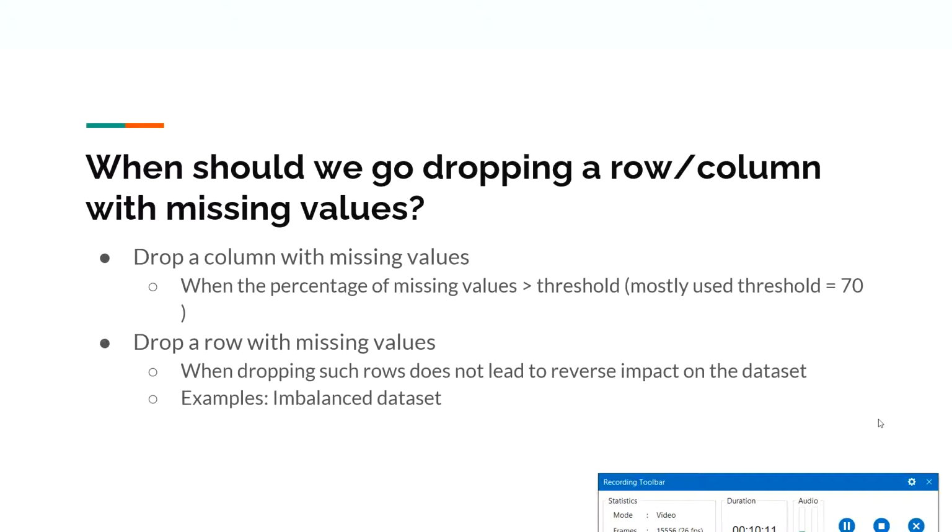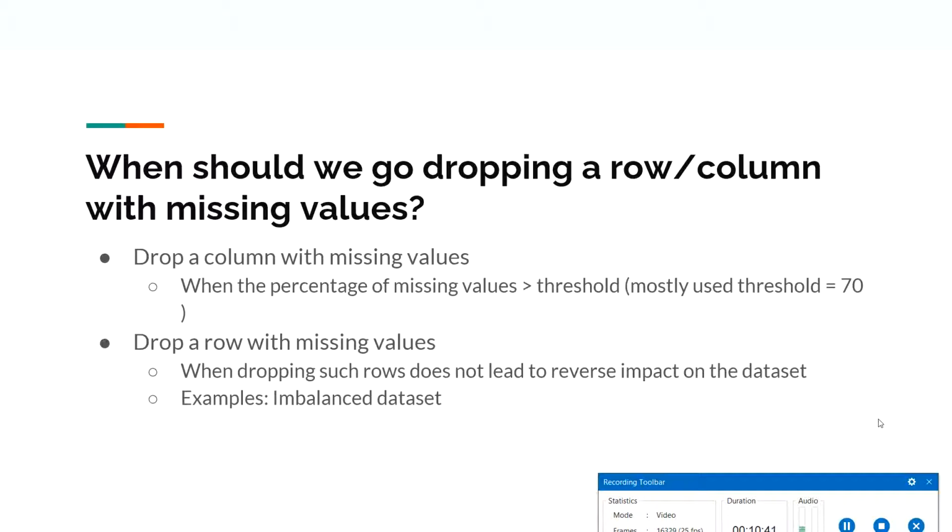In that case, even if you are thinking of coming up with a model, I would suggest it's not required, because it's a monoclass problem. Even you can predict what will be the output. So make sure you don't end up creating an imbalanced data set, or if it's an already imbalanced data set, you don't lose one of the classes, which is a minority class. So if that is not happening, then you can always go and drop by row. I hope that is clear.